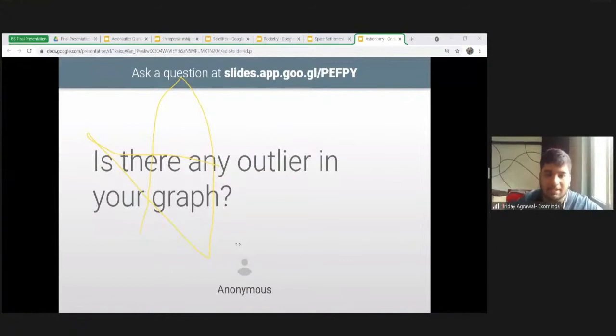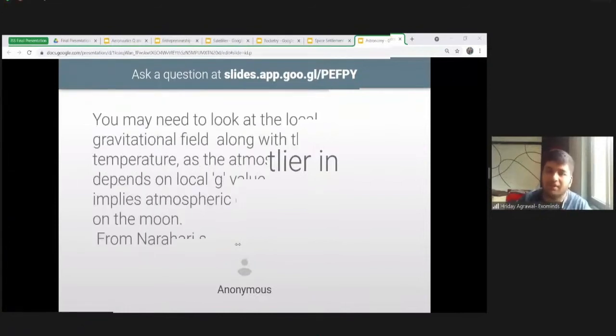Yes, this question is again important. Is there any outlier in your graph? Yes, we had two graphs basically. The first graph had an outlier. Why? Because the formula which we used was an approximation. In that case, what happened was there was a big giant, and there the temperature was really high, around 27,000 degree Kelvin, and the habitable zone lay near the star, and that was the outlier for our graph.